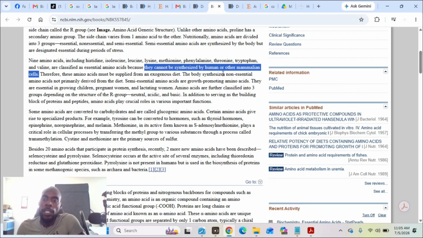So this is why we need to consume carbohydrates to get these essential amino acids, and apparently so do other animals. So when you use common sense and logic, if animals have to consume plants to get their amino acids, and the amino acids they're consuming are then being converted